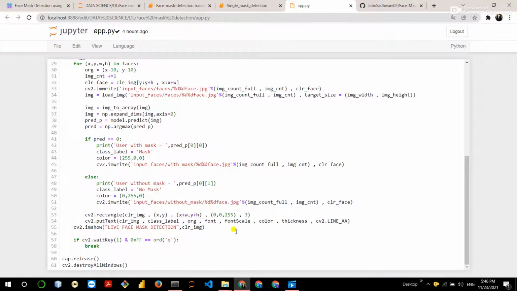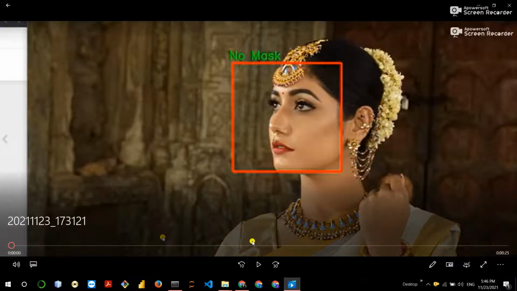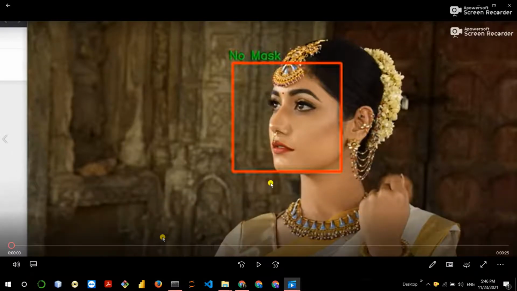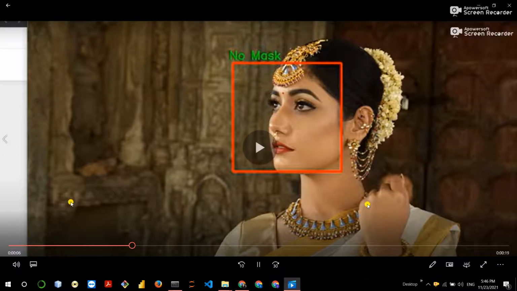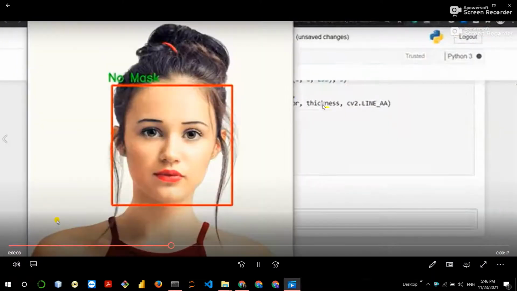I am not running the file now, so you can see this. Your model detects your face like this, as you can see here.